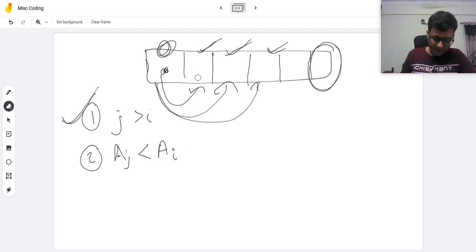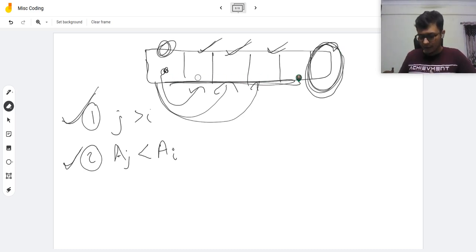But to meet the second condition, what we want to see is, for example, let's say this person, the last sitting person, if he or she wants to receive candy from any friend sitting before him or her, then what he needs to ensure is that his number, let's say x, should be less than at least any of them. His number should be less than at least any of them.